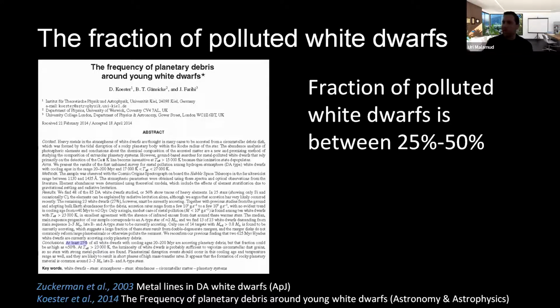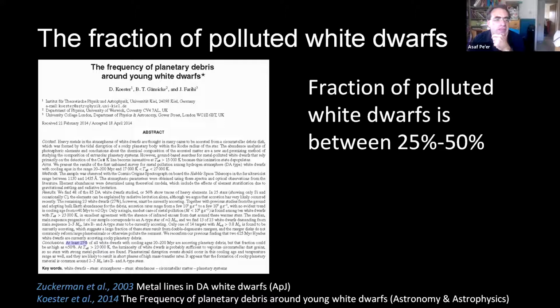You mainly see carbon being dredged from the core. And this applies to white dwarfs that are hotter than about 25,000 Kelvin. As the white dwarf cools and gets below this temperature, people who work in this field estimate that this could not be the reason. So it has to come from the external pollution by this planetary cement.